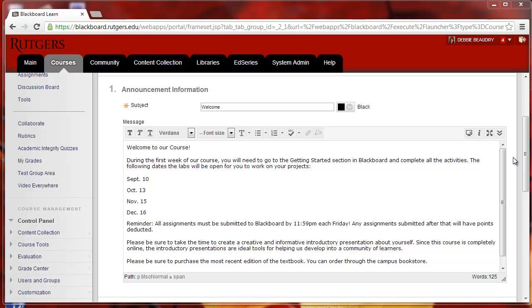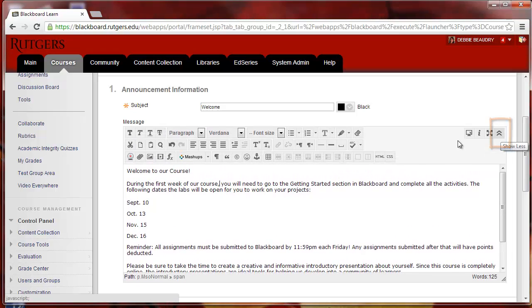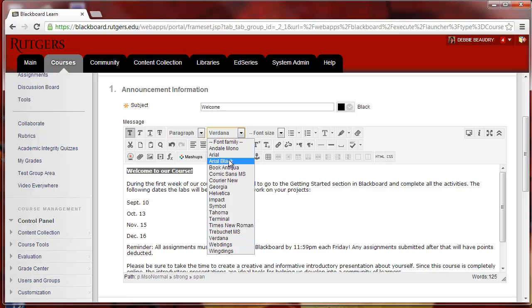There are two versions of the Textbox Editor, and by clicking on these two arrows, you can switch between Simple Mode and Advanced Mode. To change your text, first you'll click and drag to highlight, and then you can change the text to bold, italic, underline, or strike through. You also have some paragraph formatting that you can choose from, as well as changing the style of the font